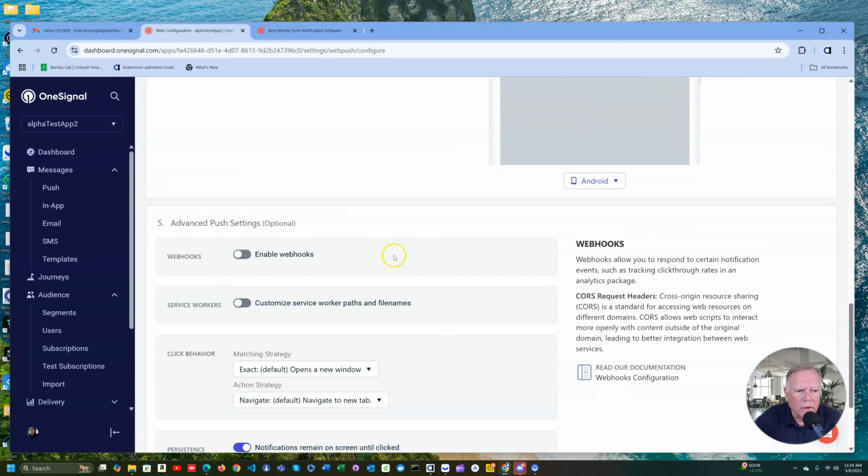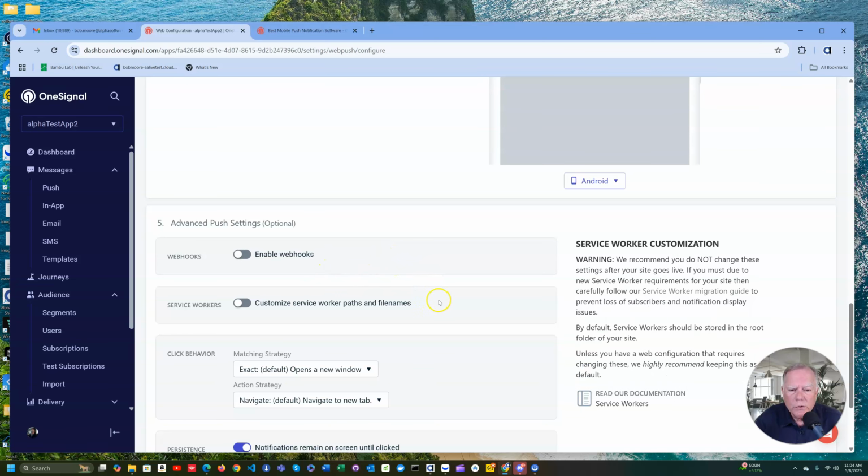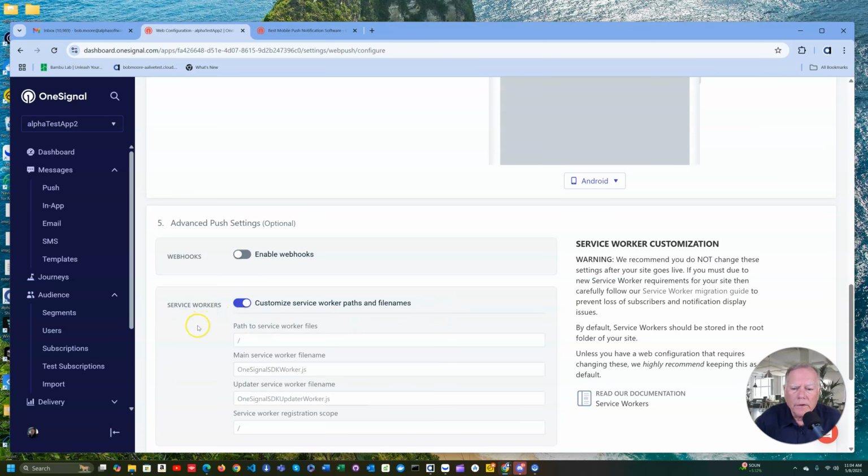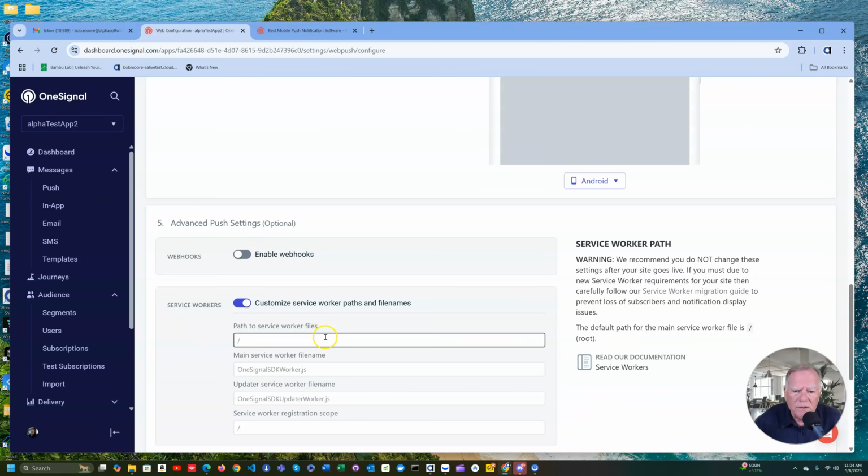One of the things that's very important to do is to set the service workers up to conform to the way that we're going to present this application. The reason we have to do this very specifically is because to support progressive web apps, which also use a service worker, we have to define the scope of the different service workers, because in a progressive web app, you end up with two. So just to be consistent, do this for all of your